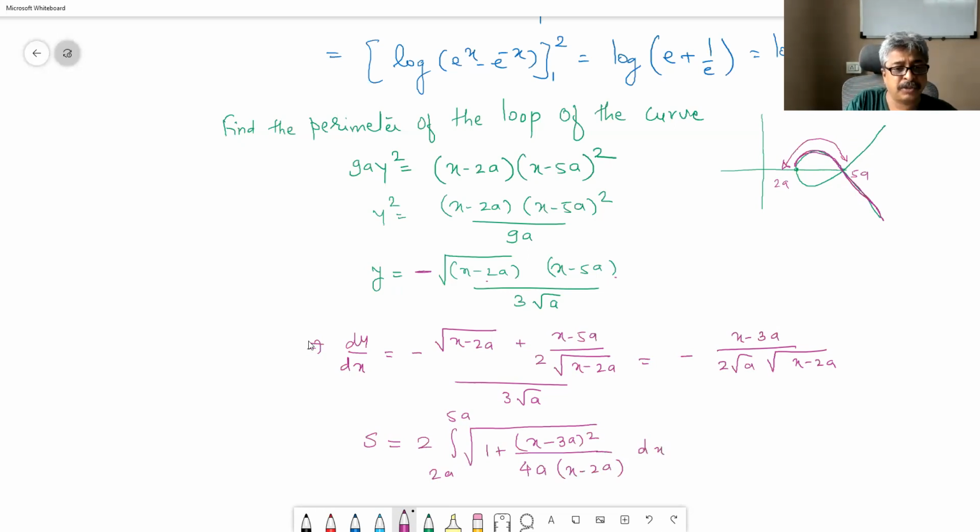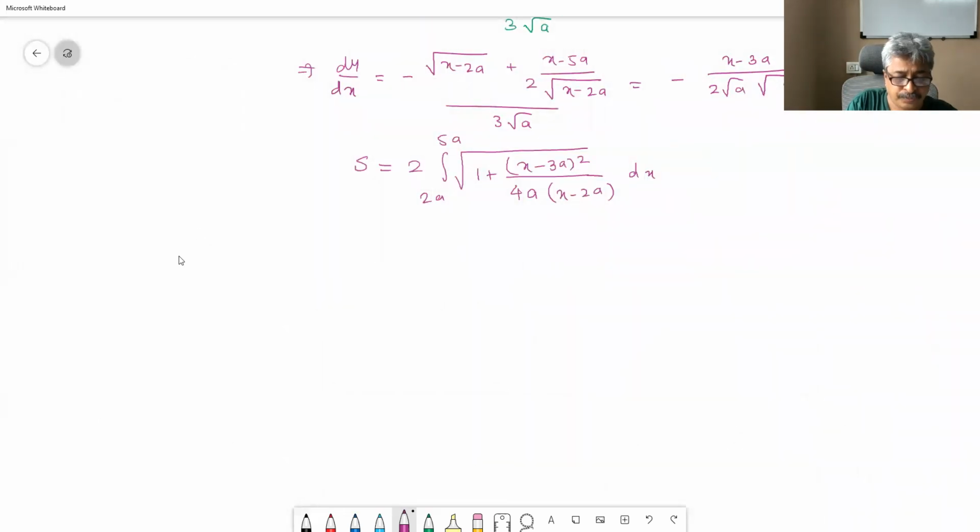This is the integral that we are supposed to solve,